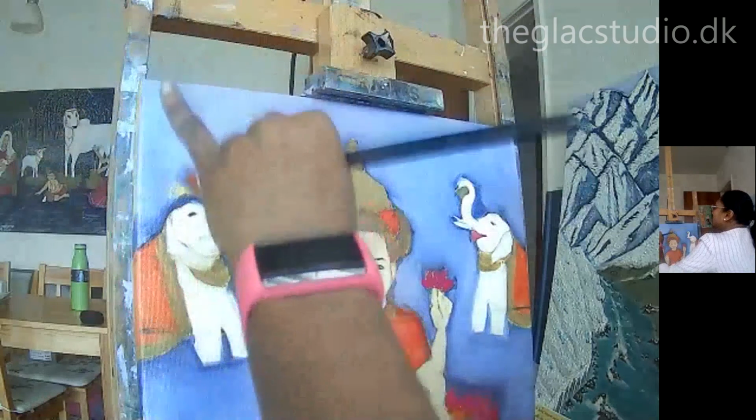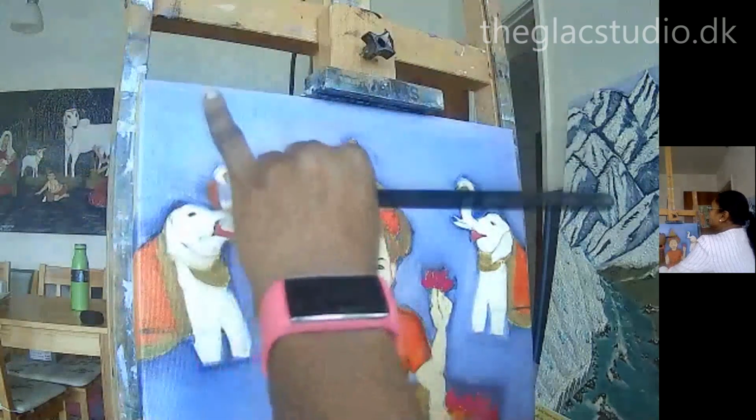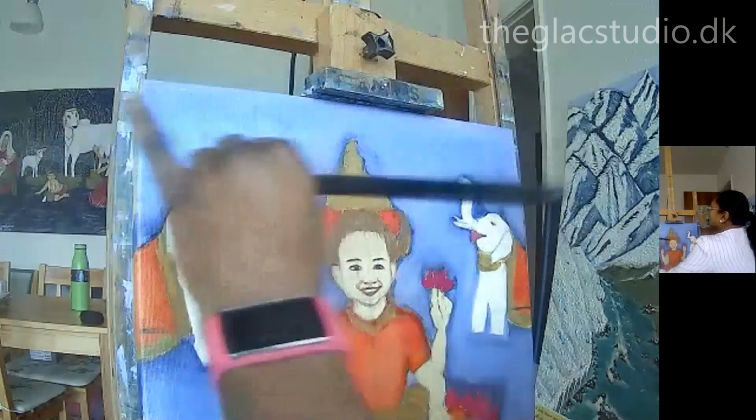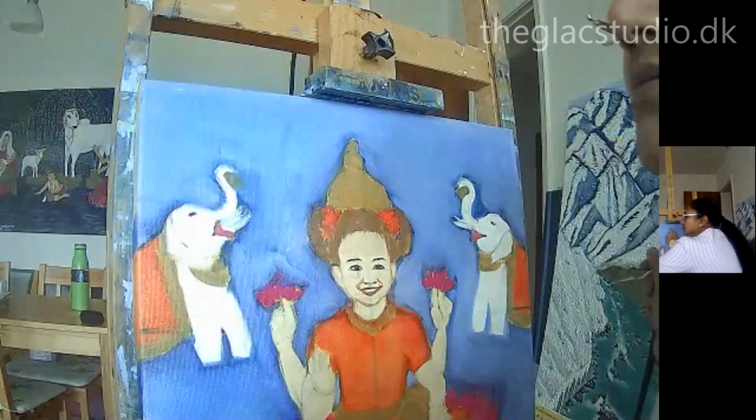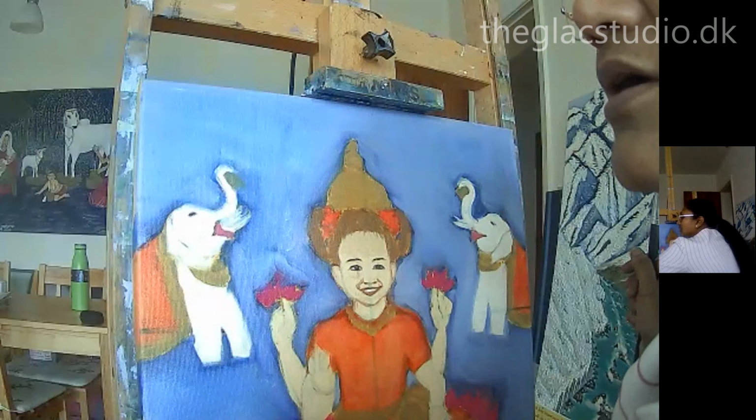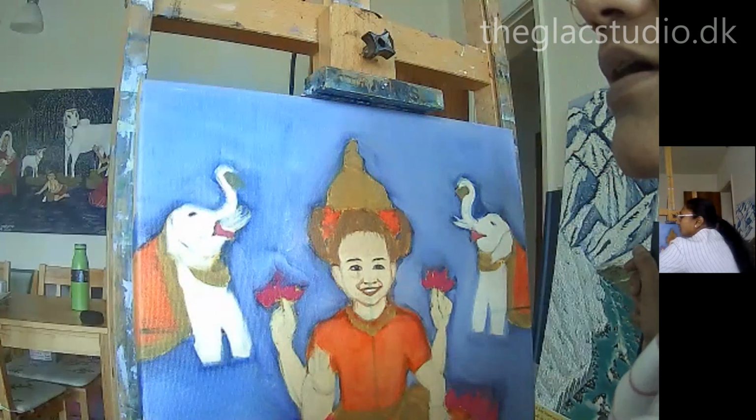If you feel that you need to take a little more time to work on this, do take that. It's okay. You can see my elephant shape is just getting spoiled because of my